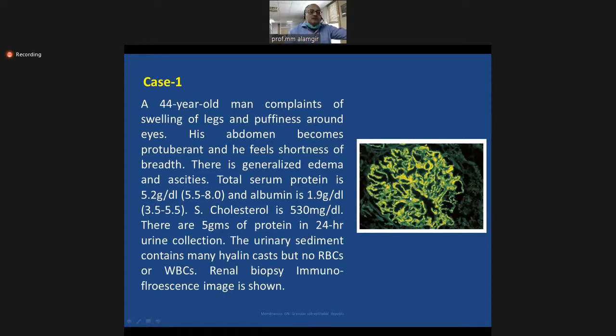Now, there were two images. This one is definitely not the ribbon-like, but it's more of a granular-like pattern. Granular pattern means that the antigen antibodies are not singularly confined to the glomerular basement membrane, but they can be subepithelial, subendothelial, or even mesangial. So here we have a granular sort of pattern of immunofluorescence because of deposition of antigen antibody complexes in this pattern. So this pattern is typical of this condition.